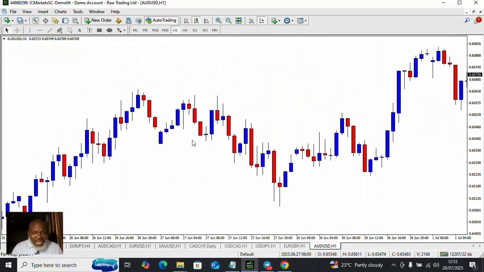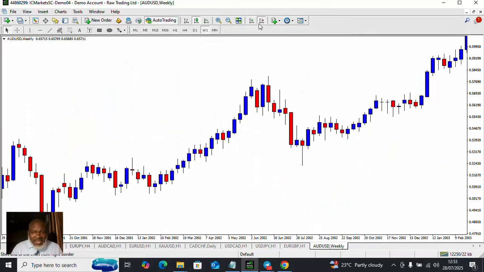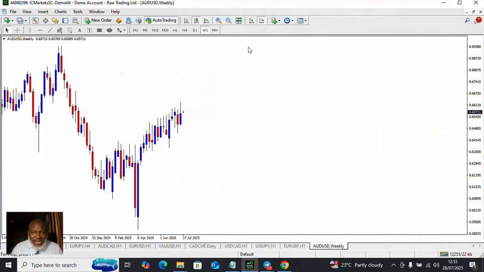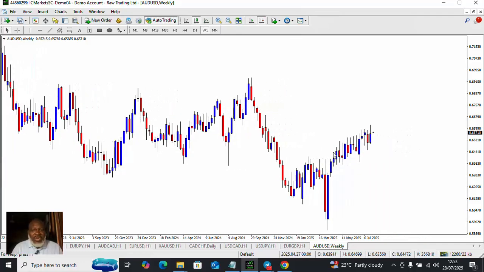So when we look at AU, let's start from the weekly time frame, guys. Let's look at this market from the weekly time frame. Now, if you look at this market from the weekly time frame, I think what is very clear here is that this market has been uptrending. Minor momentum shift to the upside. So that is instructive, but let's